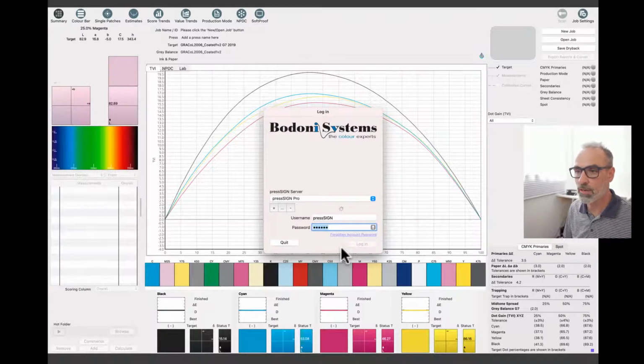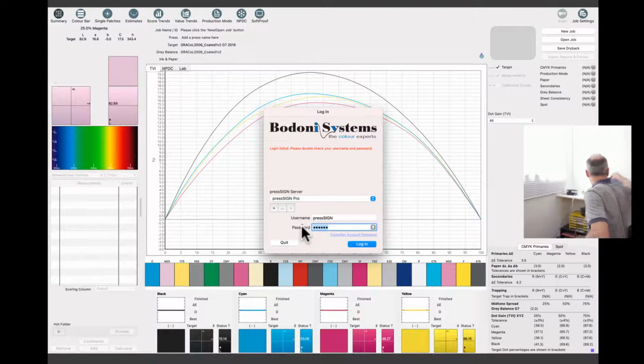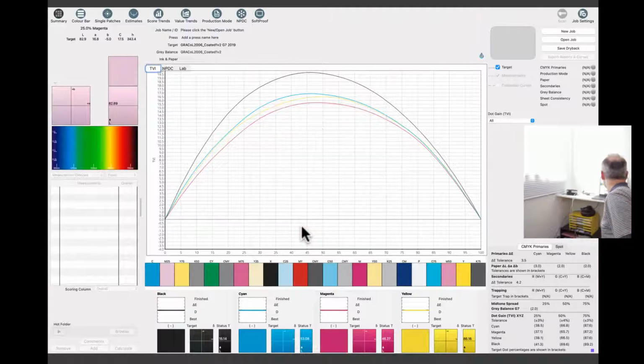Let me log in one more time. That's good, isn't it? I think it's because it thinks my caps lock is on for some reason. Excuse me a minute, the world of live. Let me in. It's let me in now. I can close the